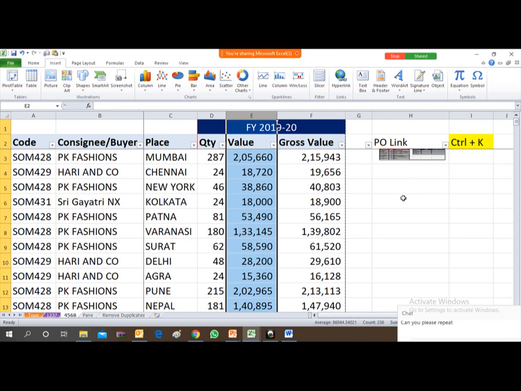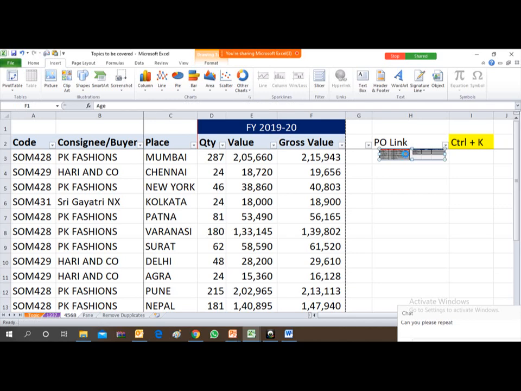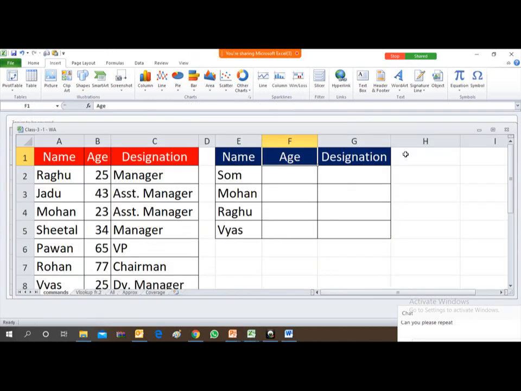You just create the object over here of each and every PO or invoice, so that the auditor or whoever the concerned person is can see it by just clicking over here. He will just double-click and this file gets opened.